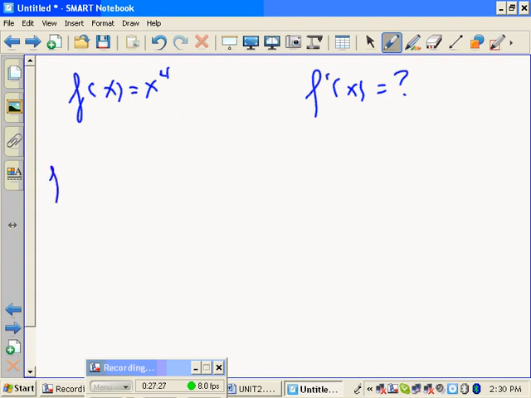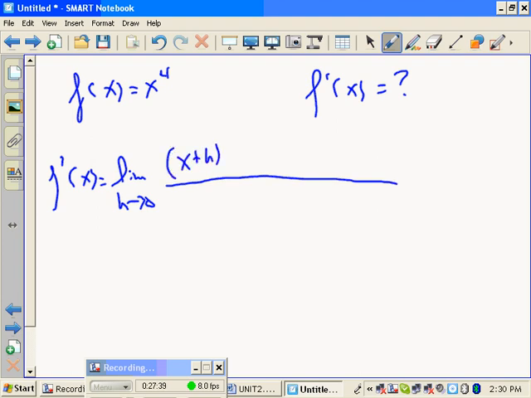All right. f prime of x is going to be the limit as h approaches 0 of (x plus h) to the 4th minus x to the 4th, all over h. All right, so let's see. Who can FOIL this? The limit as h goes to 0 of